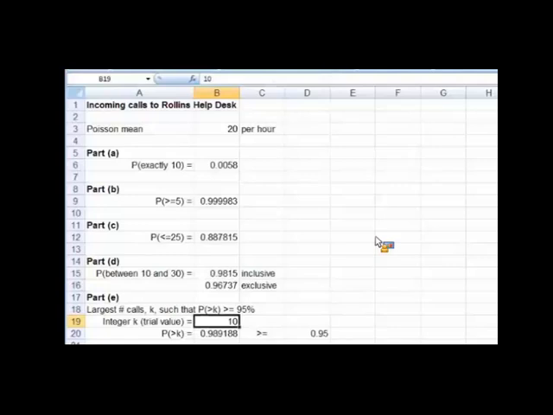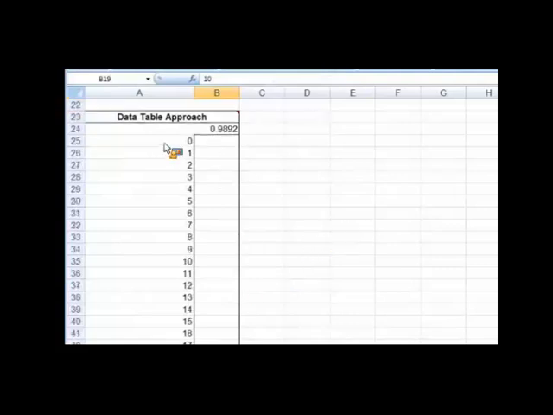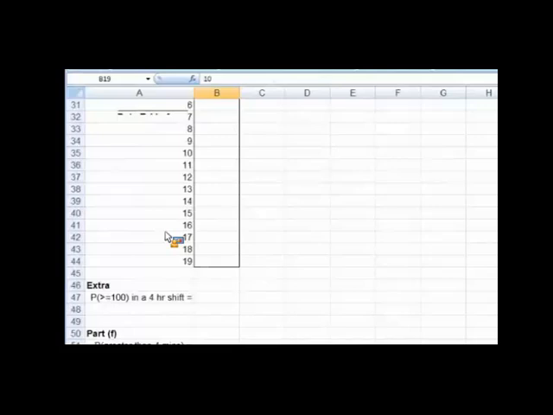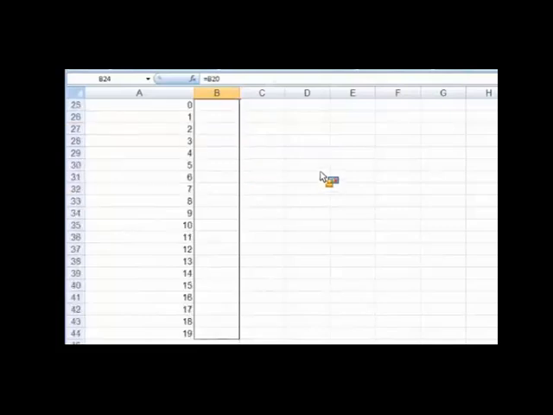We can keep doing that by trial and error, or we can display the trial and error results in a data table. I think we've gone over this in class, but I'll show you how that would work. I've laid out a data table in such a way that I'm going to try these values of k from 0 down to 19, and beside them I want Excel to display the probability of being greater than k. In my little formula spot in my data table, I've just linked to the formula that we just created. And now I'll build this in Excel.